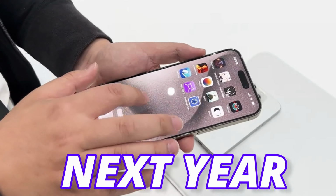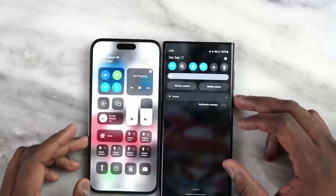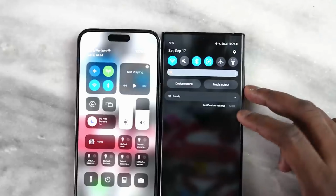If you guys want to see how iPhone 15 Pro Max performs against the Galaxy S23 Ultra, then you should watch this